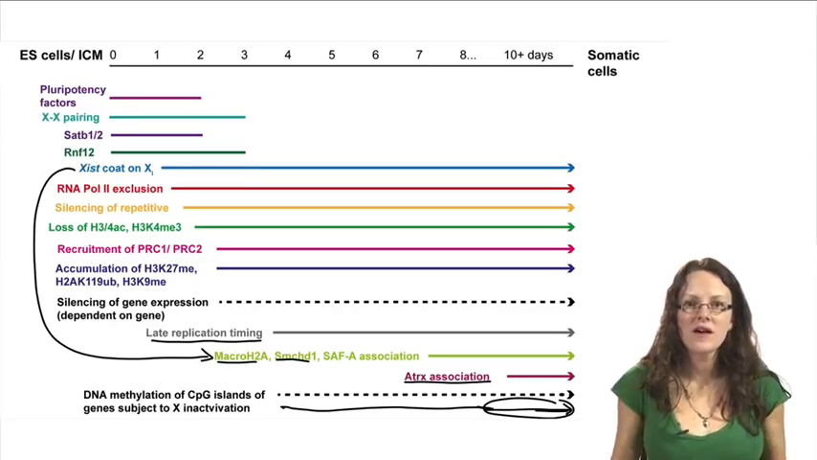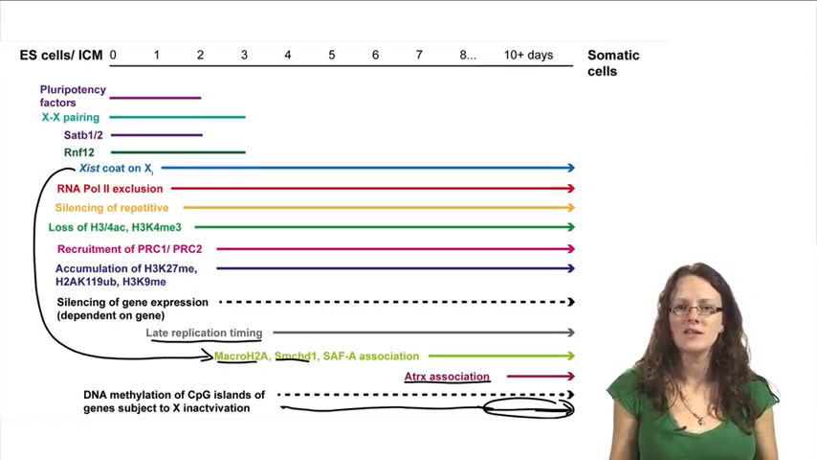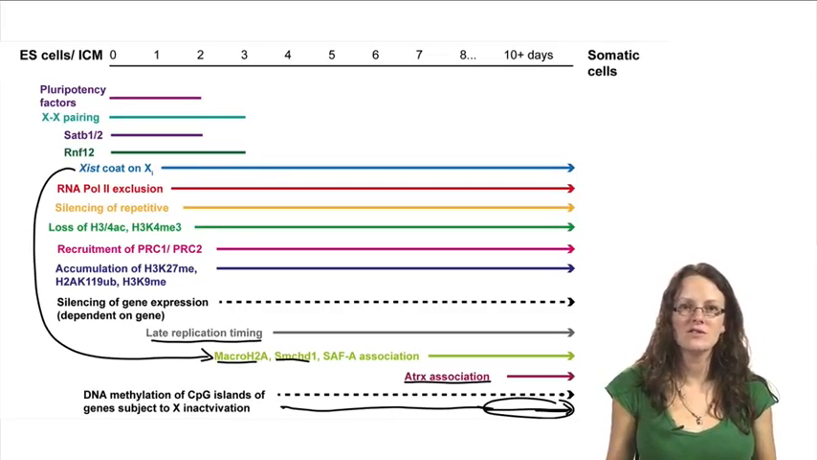So this slide is an extremely busy slide, and so it would seem that we know a huge amount about how X inactivation occurs. We know much about the molecular mechanisms. But actually that's not true. While we know many of the marks that are associated with the inactive X chromosome, we don't know exactly how